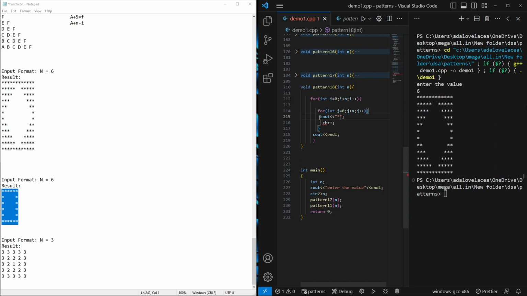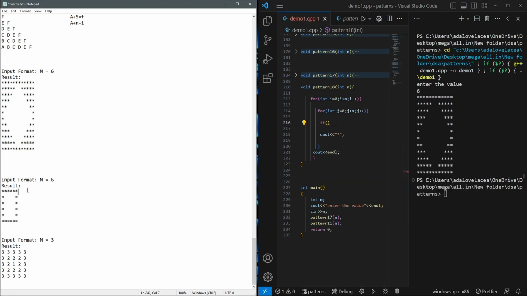And here we're going to put some conditions. As you can notice over here, we are only printing the boundaries of this square. So for i equals 0, for i equals n minus 1,